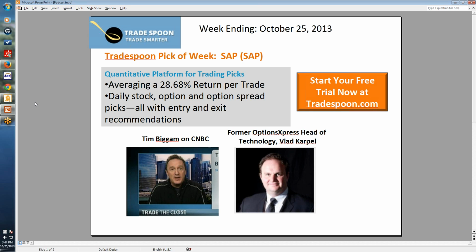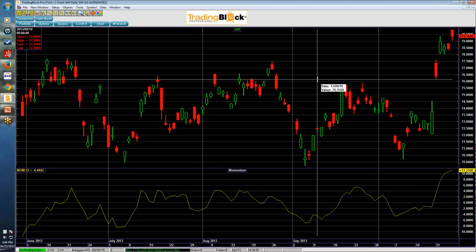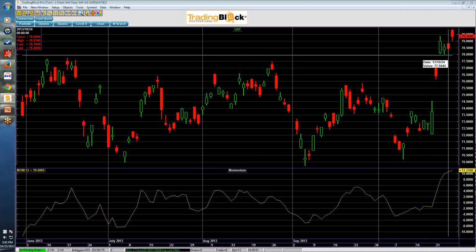So without further ado, we'll go to this week's pick of the week, which was on SAP. And as you can see, Tradespoon's been averaging about 28.5% return per trade. This week's pick was SAP. And taking a look at the chart here, you can see that the stock did break out above that 77.50 level post-earnings. As you can see, the earnings came out on October 22nd and backed off and held that support